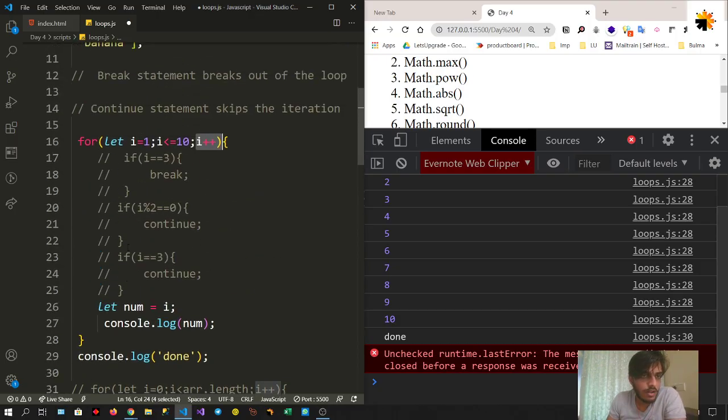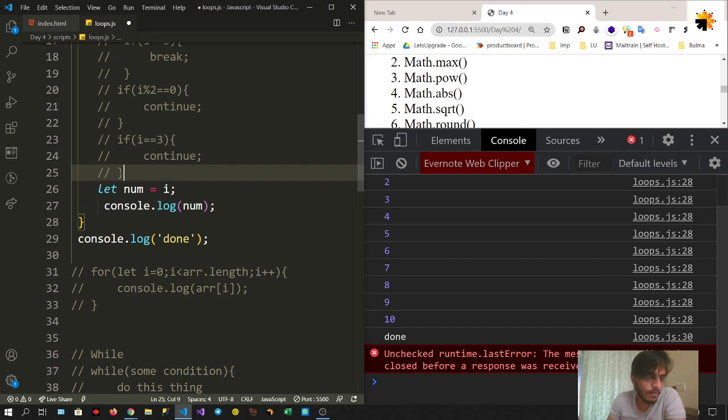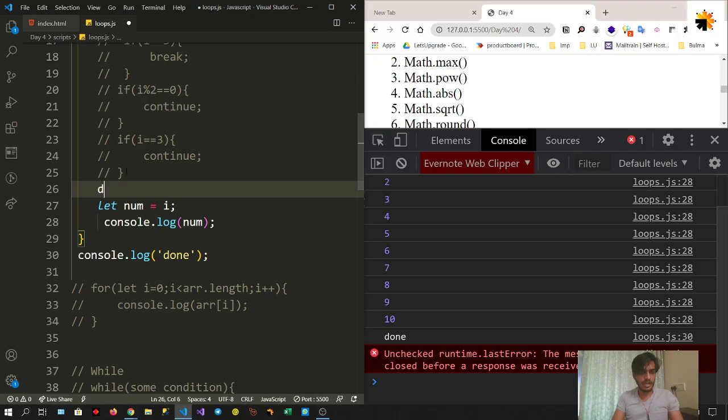Okay, so now where was I? Okay, debugger. Sometimes you have a block of code that is giving some errors and you want to check where the error is occurring, like checking it by line execution. What I can do is just write the debugger keyword and